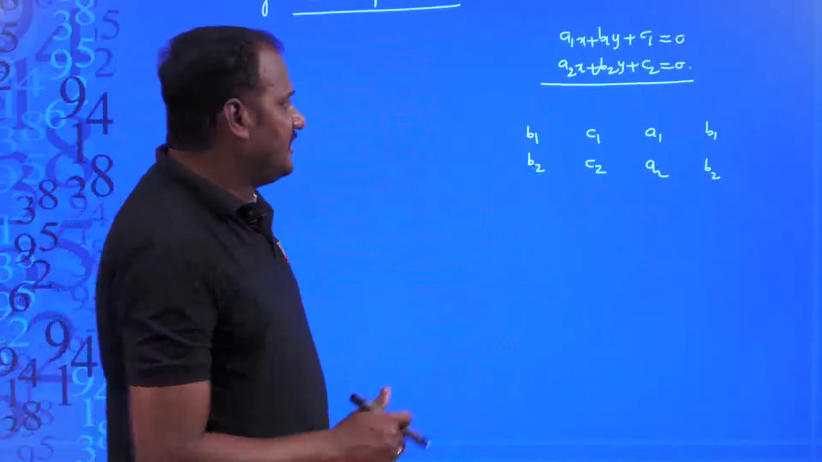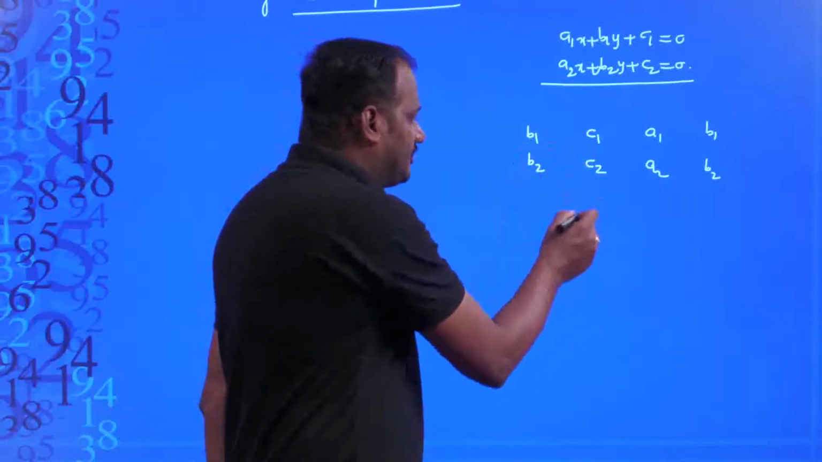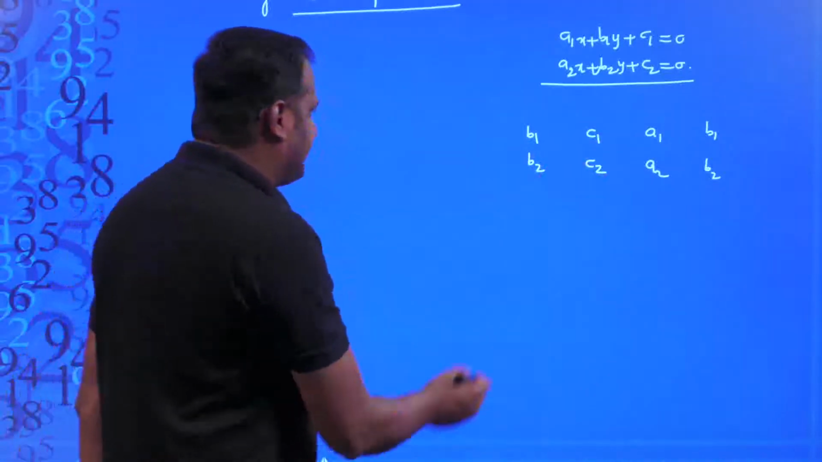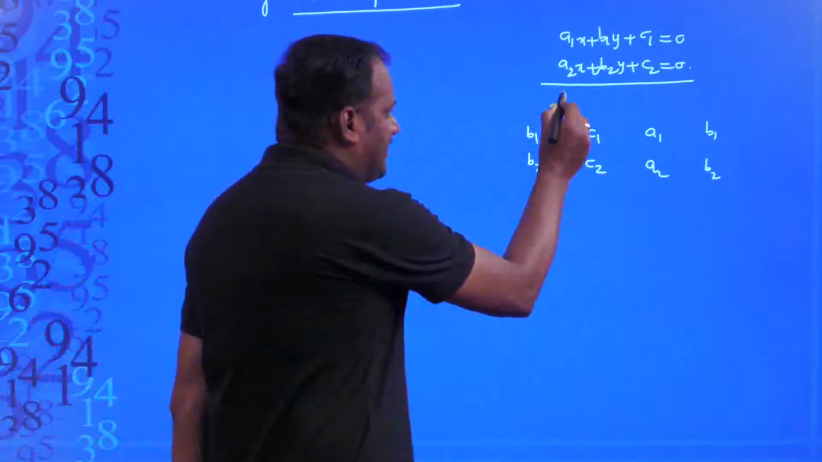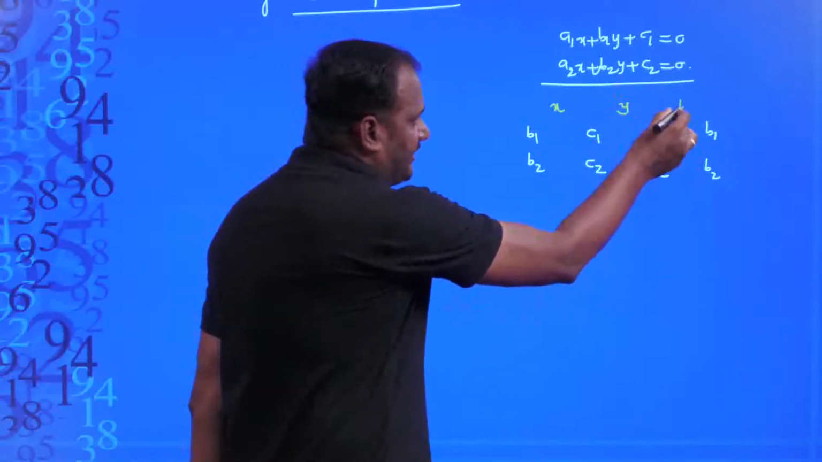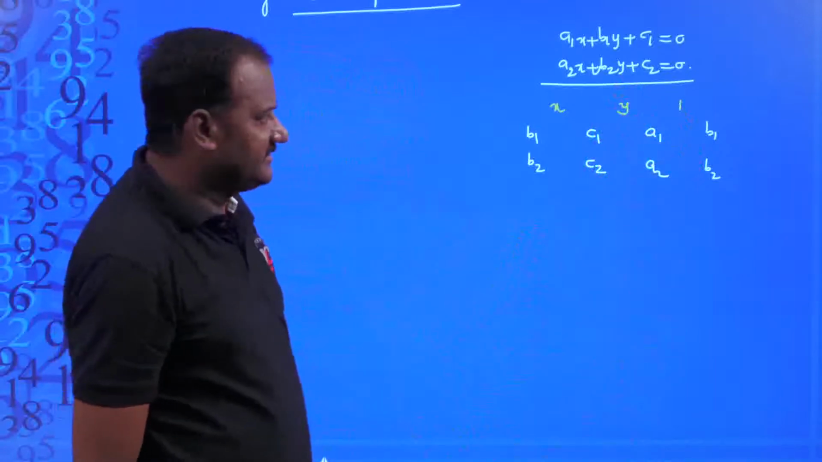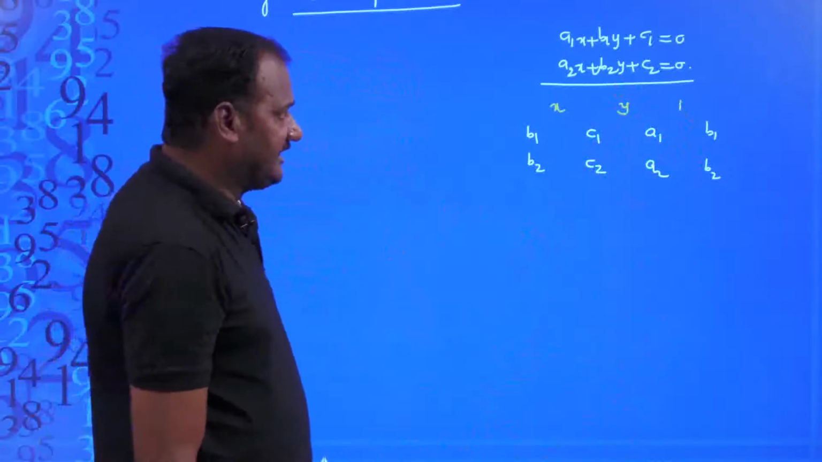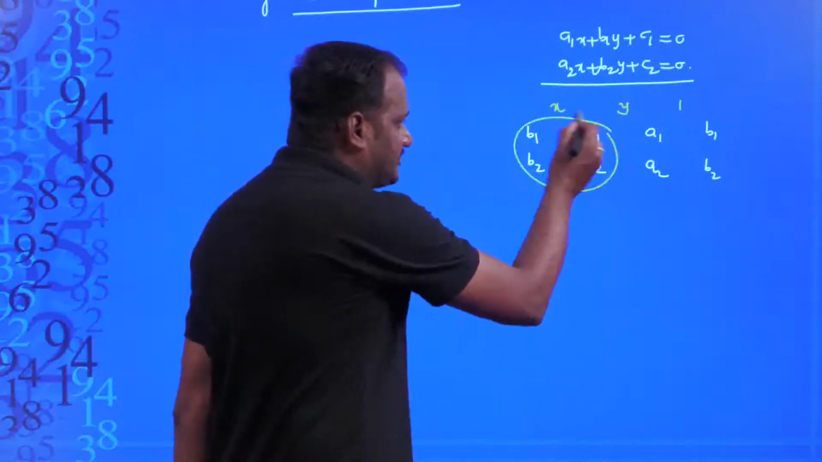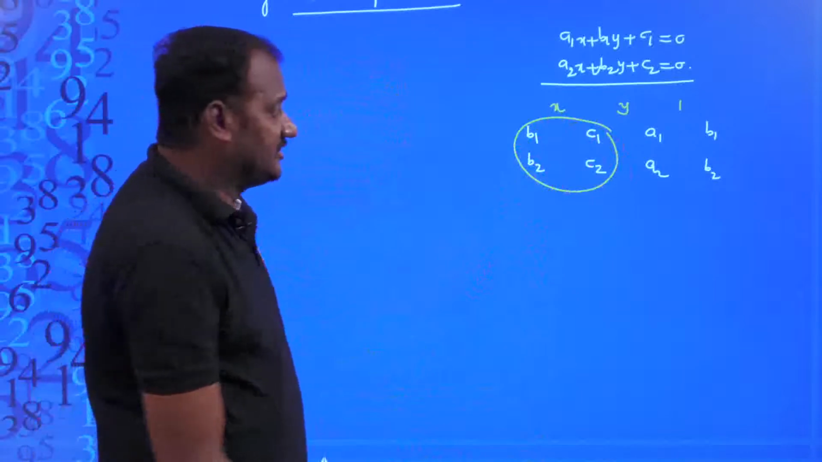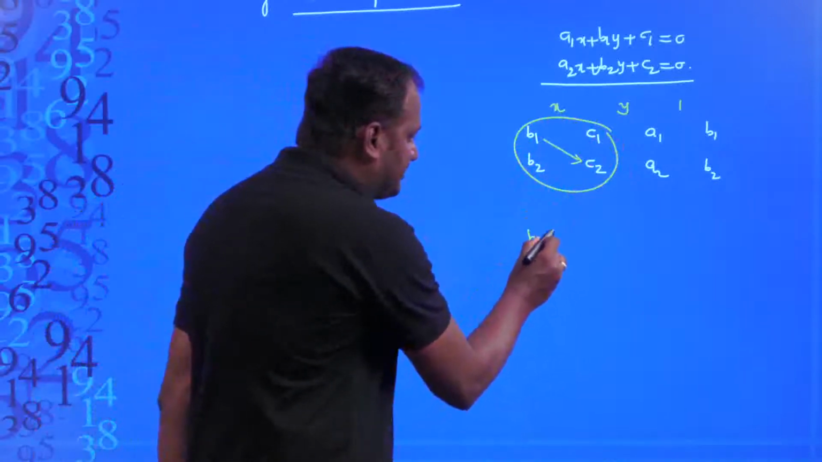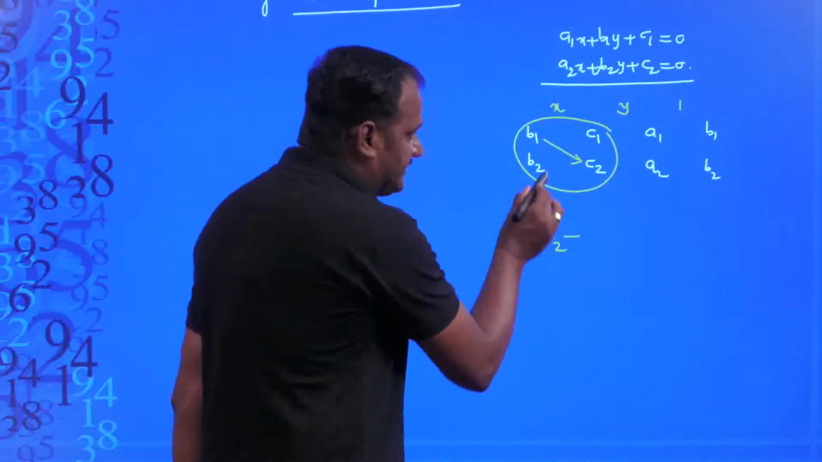And now between first and second columns you will have to write x. Between second and third columns you will have to write y, and between third and fourth columns you will have to write 1. After writing, according to this method, take the cross product of the first 2 columns. So, these are the first 2 columns. Take the cross product of the first 2 columns, that is B1 into C2, B1 C2, minus, again multiply these two,